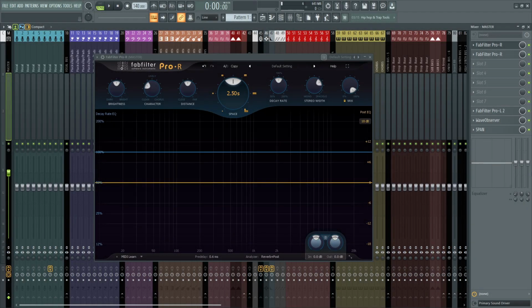Now we all know that reverb is a really amazing effect, and it can completely change any sound into a completely different sound, which would sound much better than before. And we tend to use it a lot. But sometimes what people do is they use it excessively on their sound. And by that, what I mean is